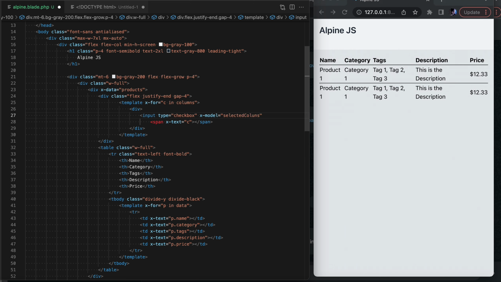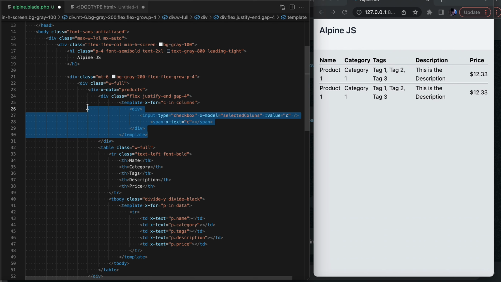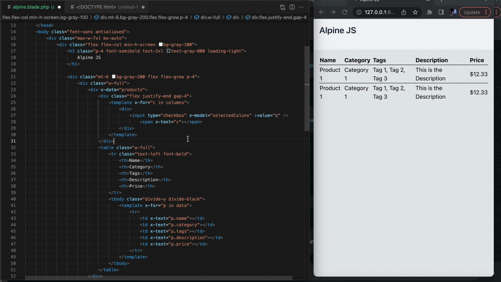This way the user can select the columns, and I'm going to give it a value of c. Since I'm using that column before the value, Alpine is going to automatically look for the template variable c, and it will link to that particular value.